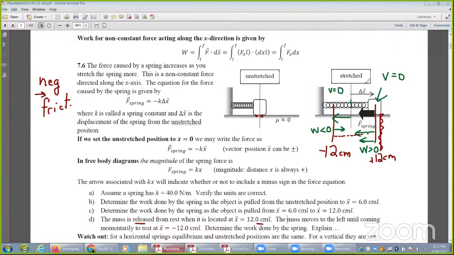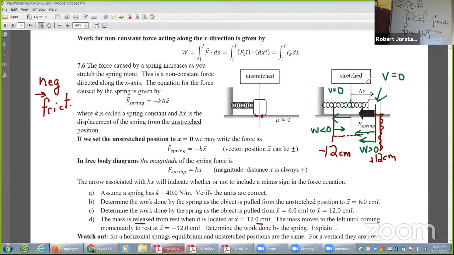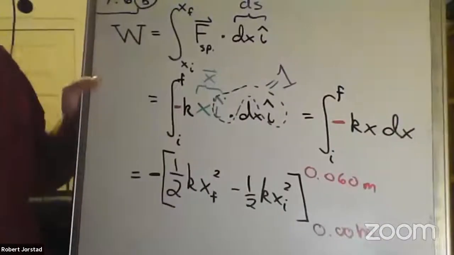If there was friction, would it still be net force 0? If there was friction, the net work would still be 0. However, what would be different if there was friction in the real world? The distance wouldn't be the same. Exactly. So if you had a problem like this